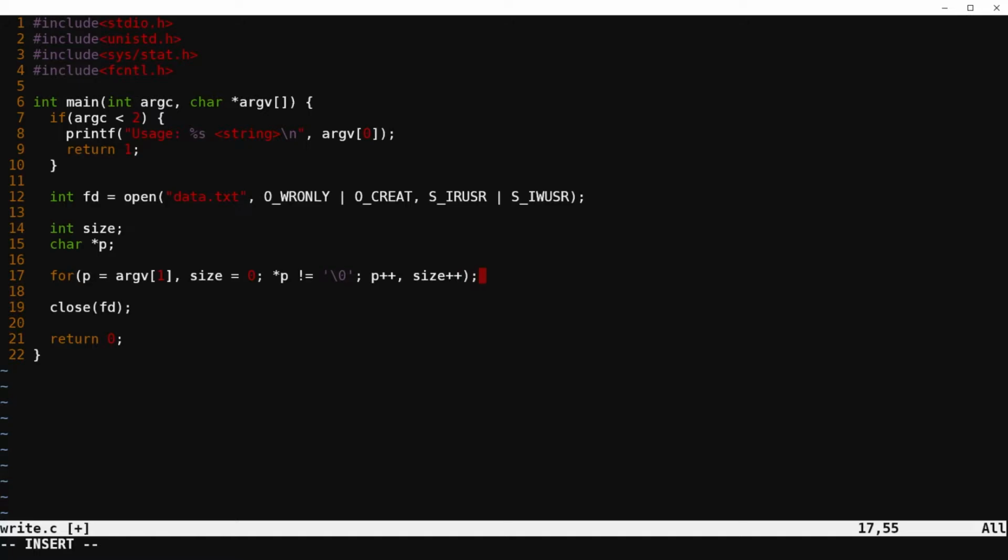Within my loop condition, I do everything, so I can simply put a semicolon in there and let it loop till it finds a null. After that one line of code, after line 17, size should contain how many characters are in argv sub 1. So I should be able to perform